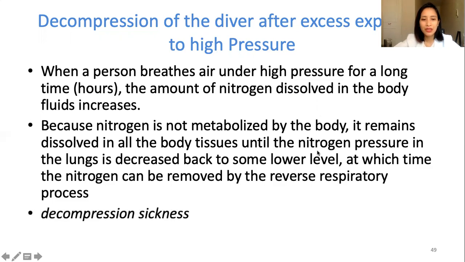And this is called decompression sickness, when there is decompression from high sea depth to normal sea level. The nitrogen cannot be processed properly by the body. Your body can develop decompression sickness, no? That the nitrogen is still dissolved, no? So the